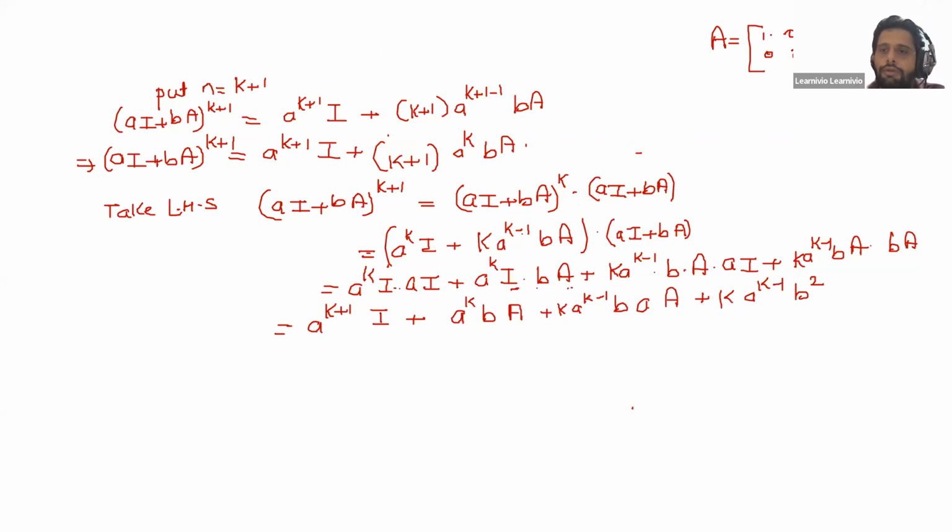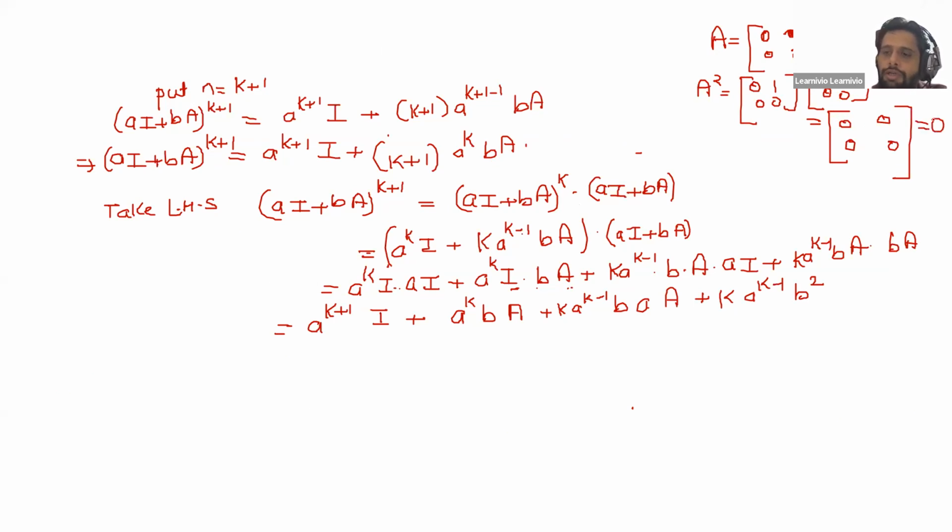Now if you find a square, then this is equal to 0, 1, 0, 0 times 0, 1, 0, 0. This is equal to first row, first column, you will get 0. This you will get 0, this you will get 0, and this you will get 0. Okay, so that means a square is equal to null matrix. Here we will write this value, null matrix. Here we get a to the power k plus 1 into I,